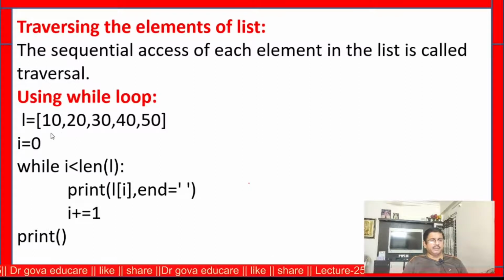This is the list: L is equal to 10, 20, 30, 40, 50. Now I am starting by displaying the 0th element. Initially I is equal to 0, up to the index n, which is length minus 1: while I is less than length of L. Now I want to print L of I. In the same line I am using the end attribute, end is equal to colon. After printing the first element, the control goes to the second element, that is I is incremented by 1. After printing the entire list, the control goes to a new line.